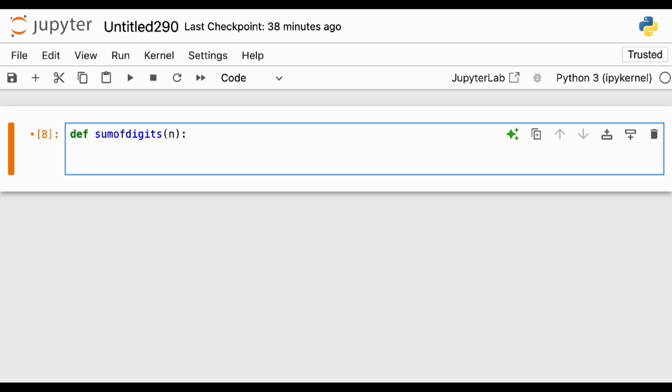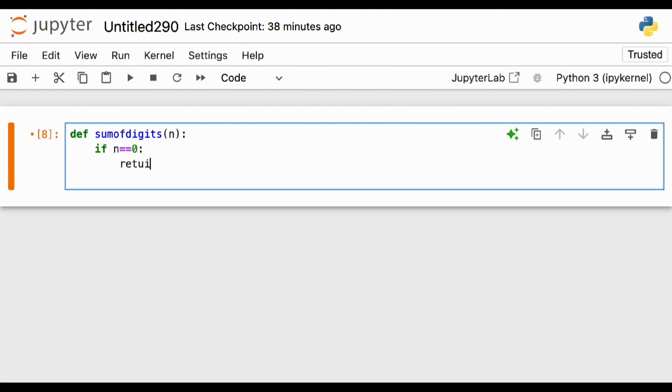So I'll say if n is equal to 0, return 0, or I can say that if n is less than or equal to 9, return n. Is that true? Till your number is a single digit, you are returning that number only. So this is your base case.